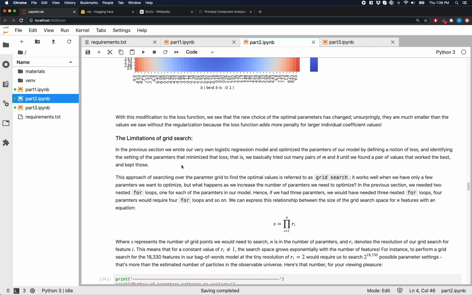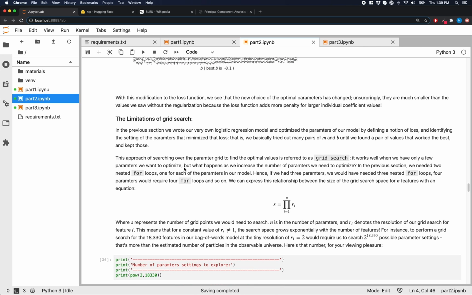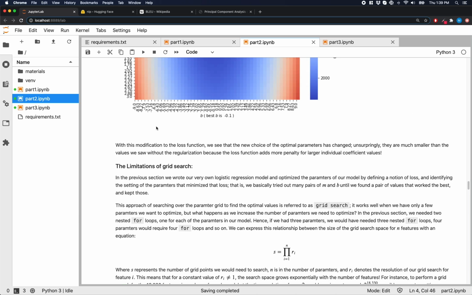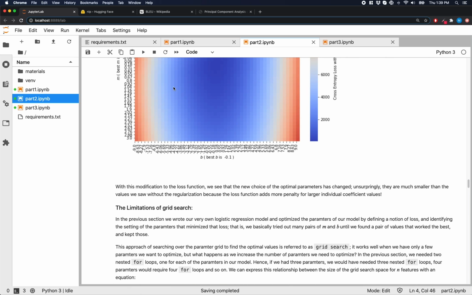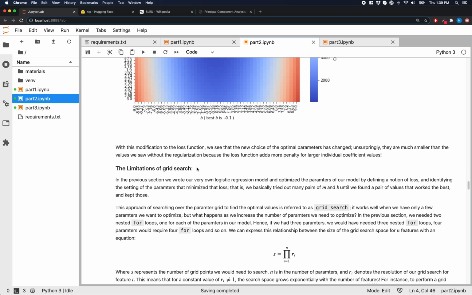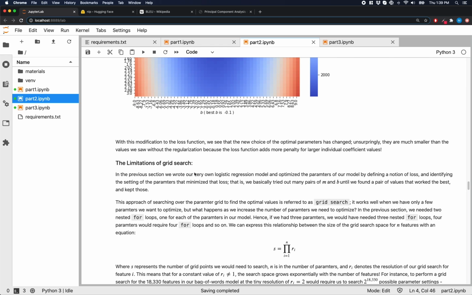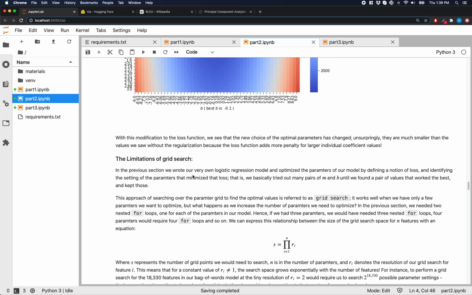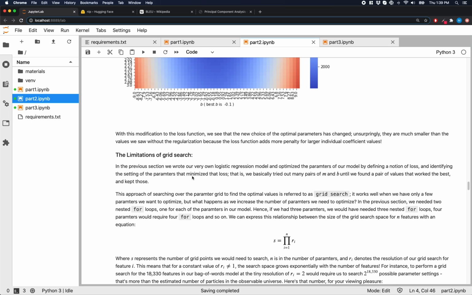Okay, well, in these previous examples so far, we've been using grid search, right? So by grid search, I mean I choose some values of B, and then I choose some values of M, and I just iterate over them with a bunch of for loops, and I compute the loss. Okay, that's all great. It's great insofar as you only have a very small number of things you have to optimize. Where it starts becoming not so great is when the number of parameters that you have